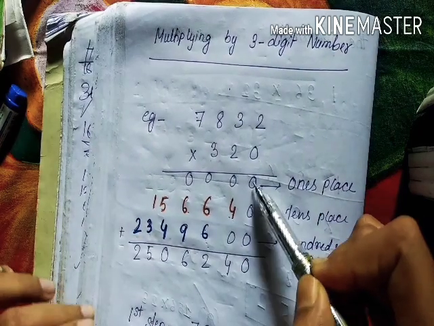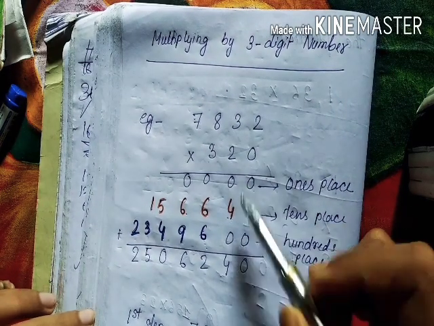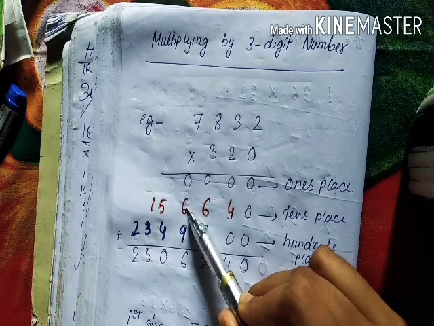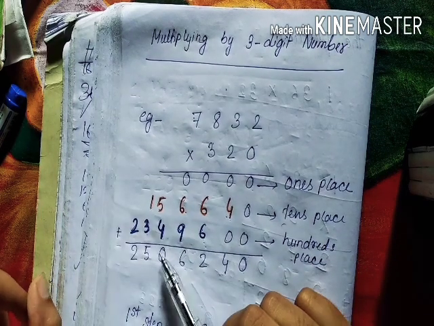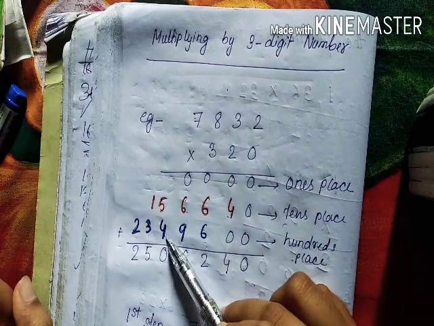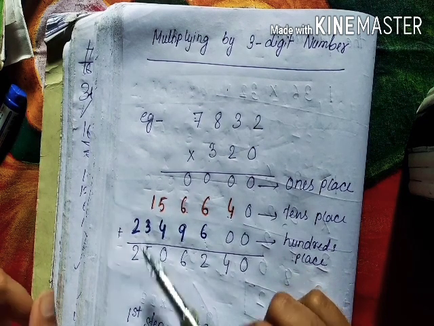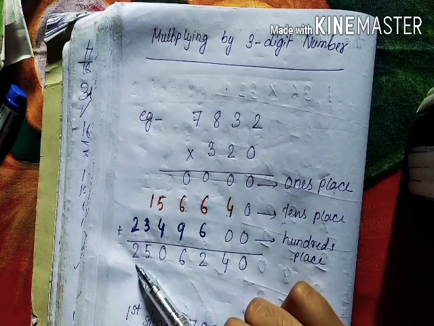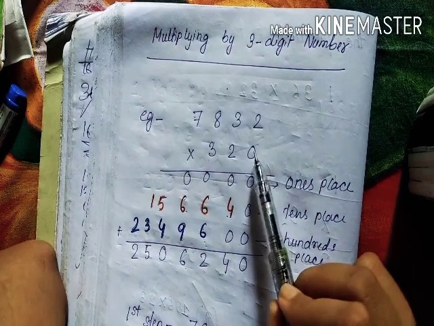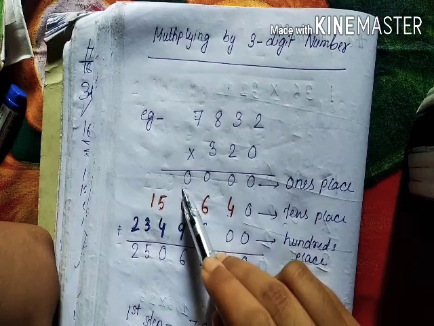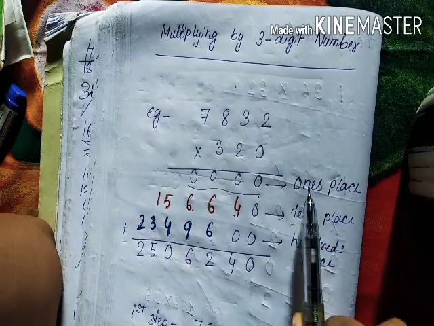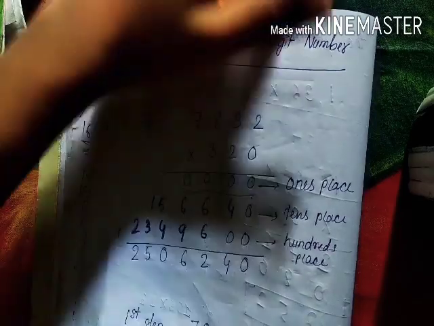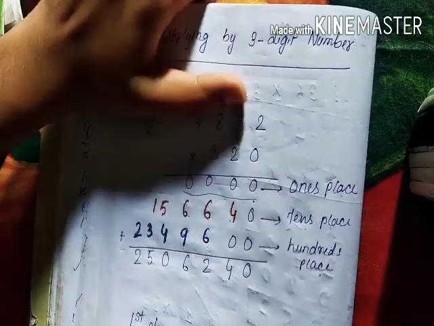So let's do the sum. So 0, then again 4, here 6 6 12, carry 1, 6 9 15 plus 1 16, then again carry 1, 5 plus 4 9 plus 1 10, carry 1, 3 plus 1 4 plus 1 will be 5 and 2 will be 2. Okay, so here you see ones place 0 is there, so we are getting 0 0 0. So this step you can skip. Okay, then you can start from tens place and hundreds place.